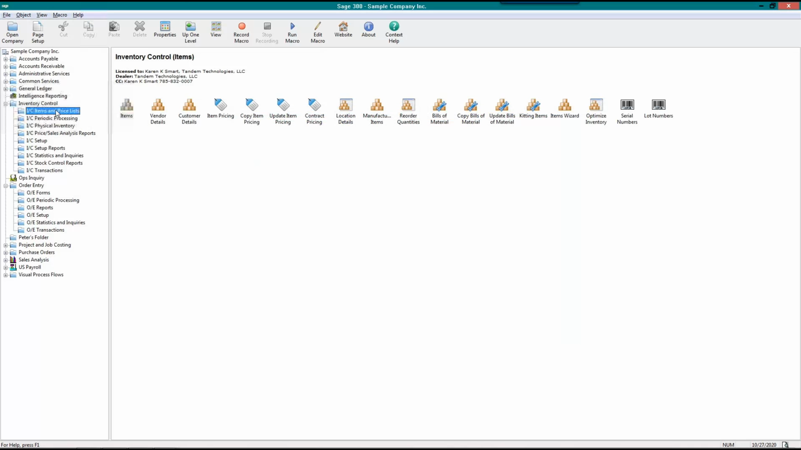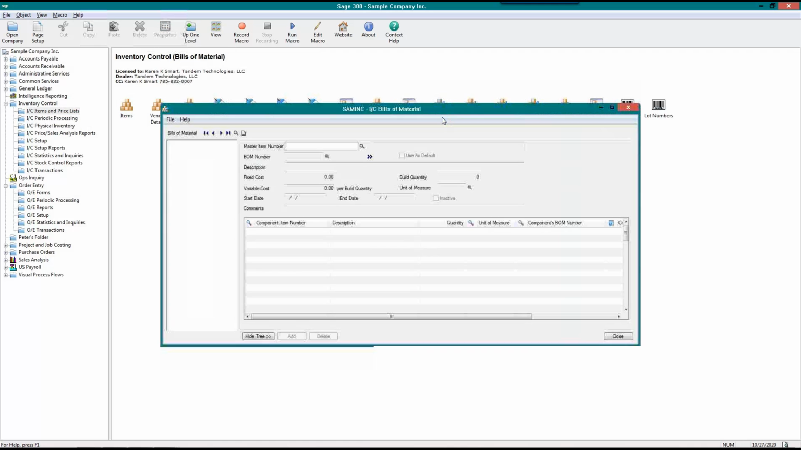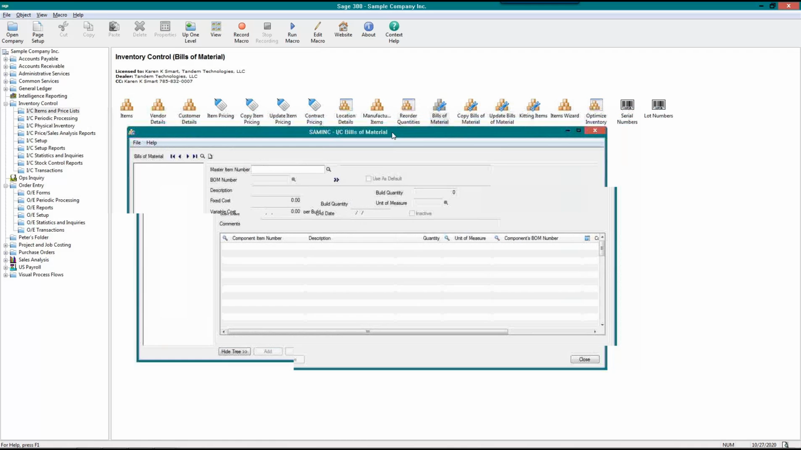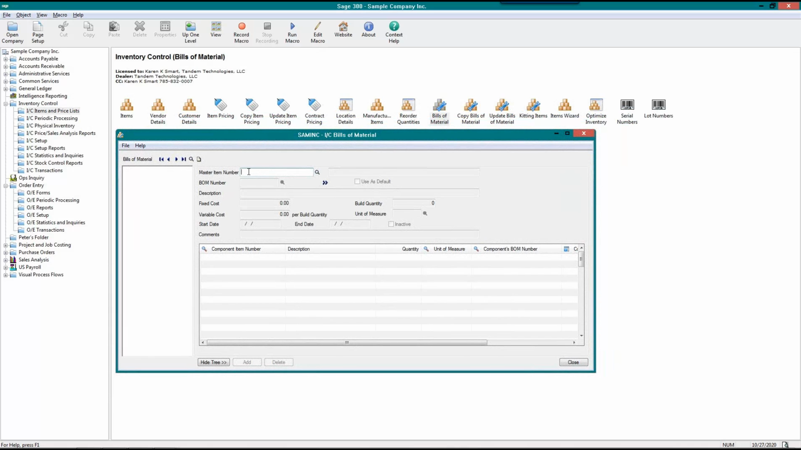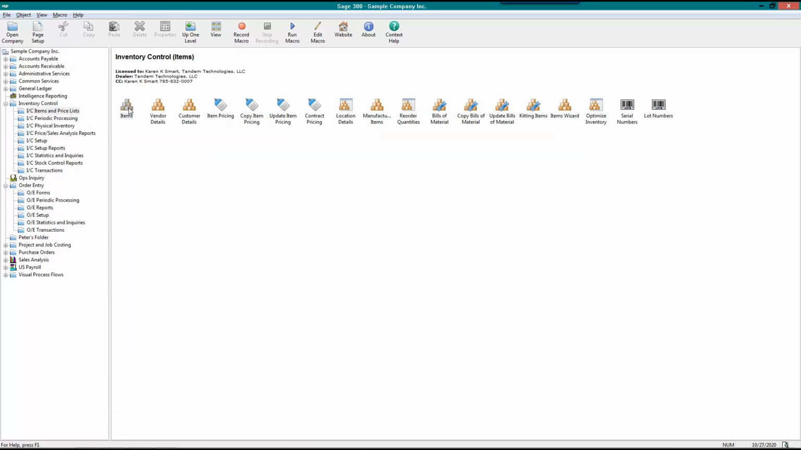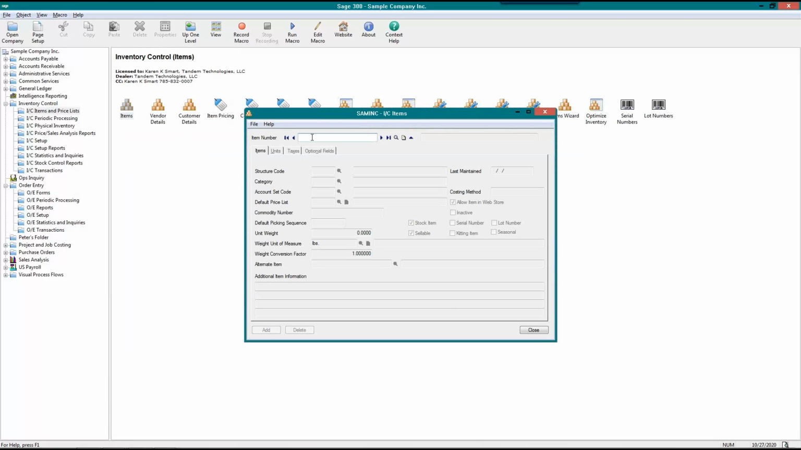Let's move on to your bills of material now. So bills of material, before you can create a master item number, which is the finished good item number, by the way, we want to make sure that you've set that item up first over in Inventory Control, IC Items and Price List. So if we go over here and we create a new BOM number,